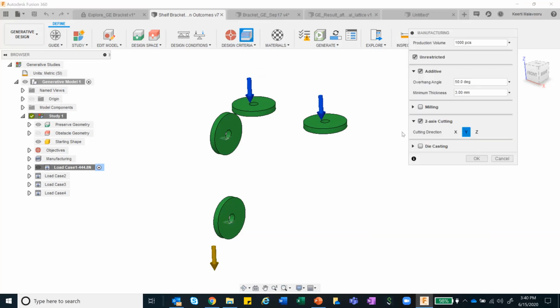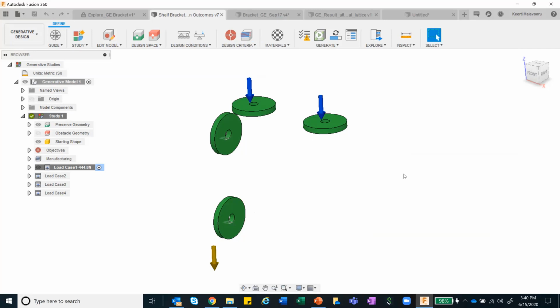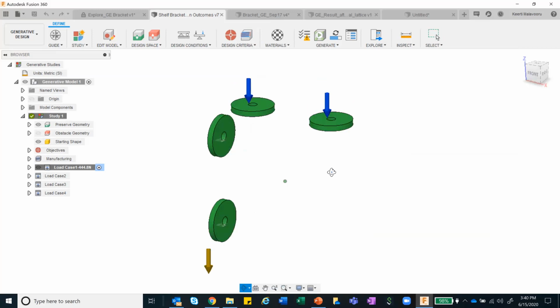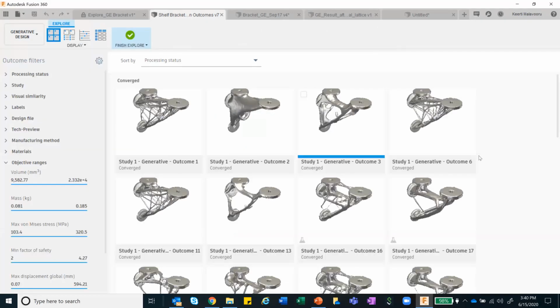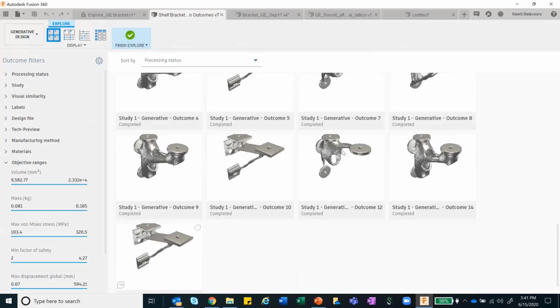I go ahead and define the manufacturing method. In this, I'm using unrestricted additive manufacturing as well as 2-axis cutting as my operation. So once this is done, I again go ahead and generate the designs. Once this is done, it basically throws me with multiple different design options which are manufacturing ready for me.